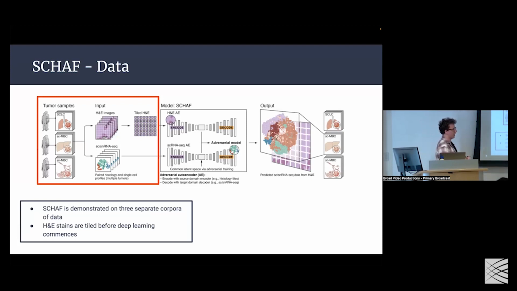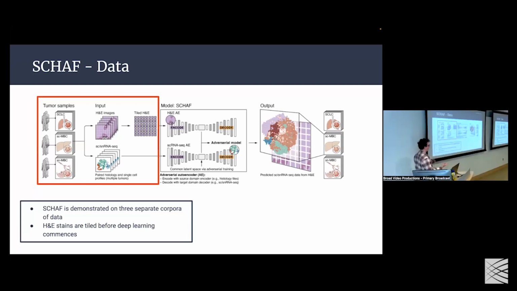We'll consider a corpus, and that corpus will maybe have 12 patients. For each of those patients, we'll have 2 modalities worth of data. You're going to have an H&E stain of a tissue of interest, and then a corresponding single cell data set. So for each of these 12 patients, you'll have a data set of 20,000 single cells' information, then an H&E stain. And you'll have 12 of those, and the objective is to learn a model that will go from the H&E stain to the transcriptomic data.